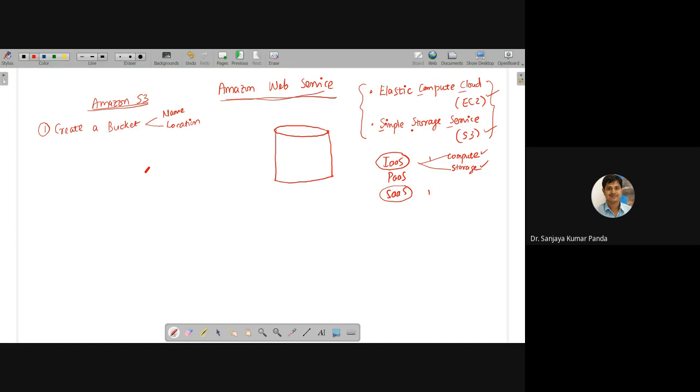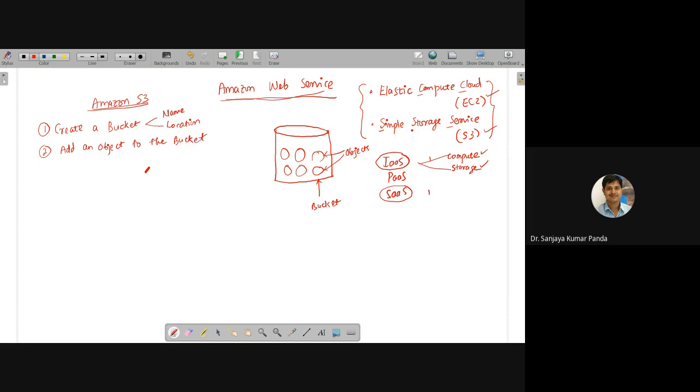The first job is we have to create a bucket. So why are we creating a bucket? Because inside this bucket, we can put many objects. This is my bucket. Inside this bucket, I want to put different objects. These are nothing but what are called your objects. So the second task we are going to do is add an object to the bucket.